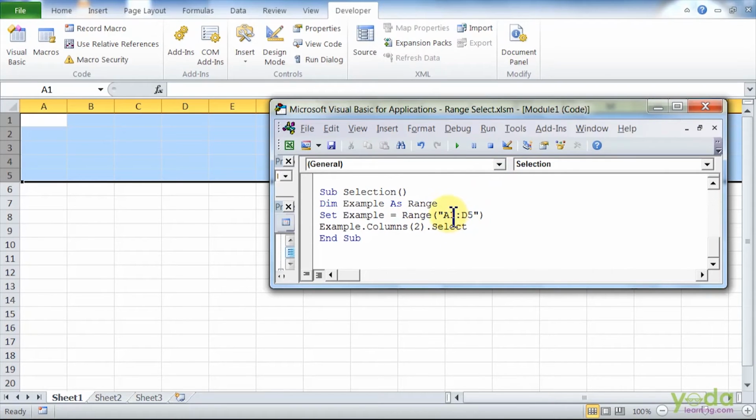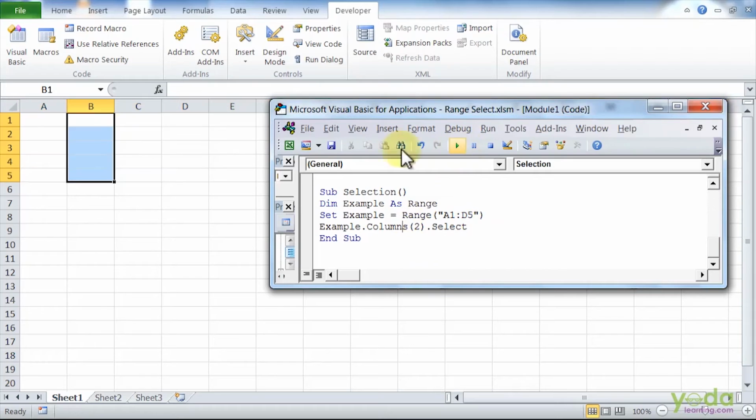That is, I have mentioned the row number from 1 to 5. So that is why when I run this code, it will only select from B1 to B5. Your row number will be static for the columns and your column name will be static for the rows.